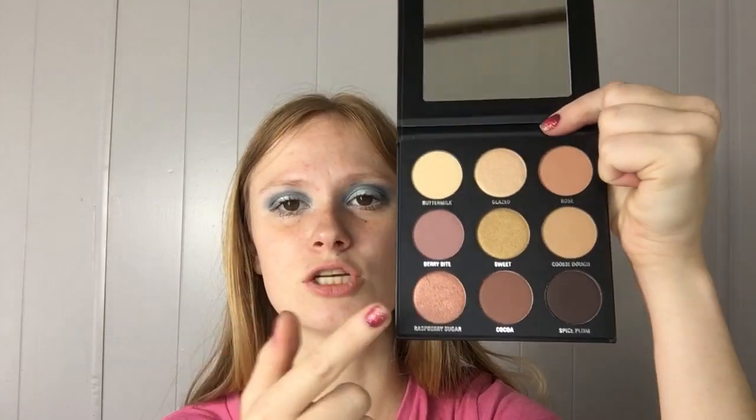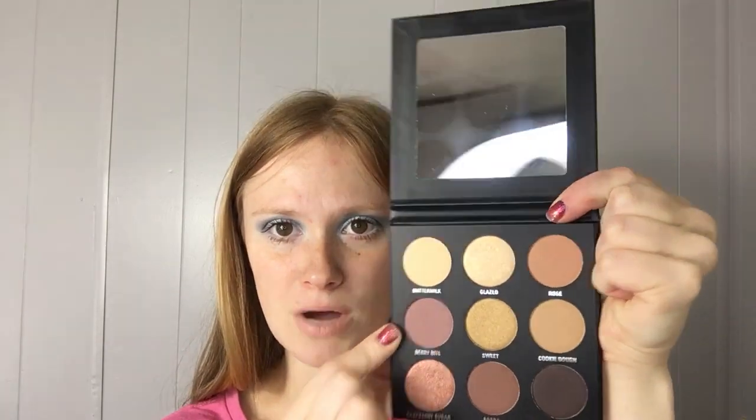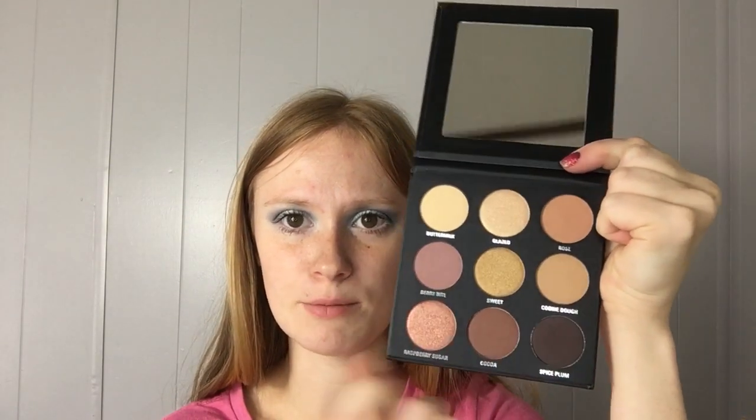Alright, then this is a Kylie palette. This is the doesn't say palette. Doesn't even say. And oh, this is the Sort of Sweet palette, which I like because you kind of have a mauve right here, some creams, and then browns. Like, I love this. Ugh, gotta adjust. Alright, this is by Cella, and this is the La Vie Natural palette. I don't know how to say that,